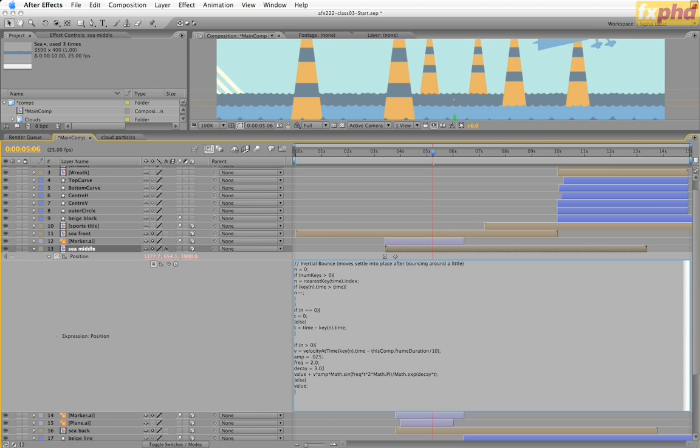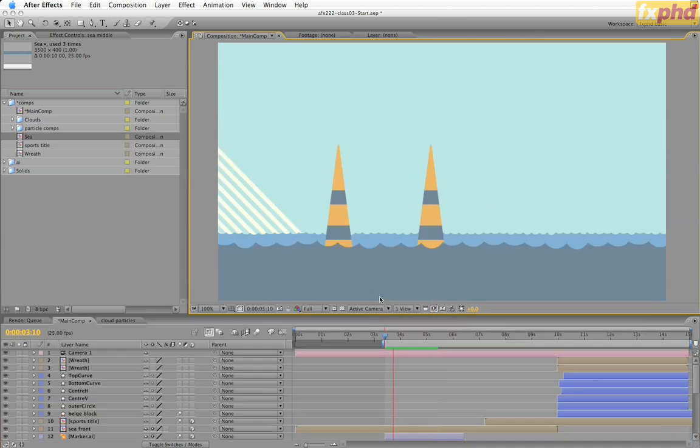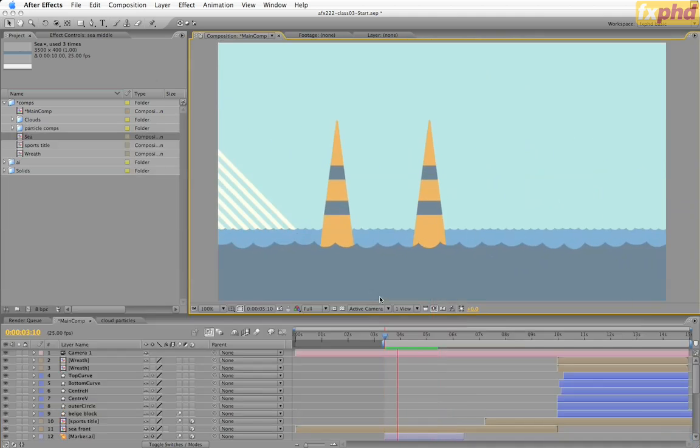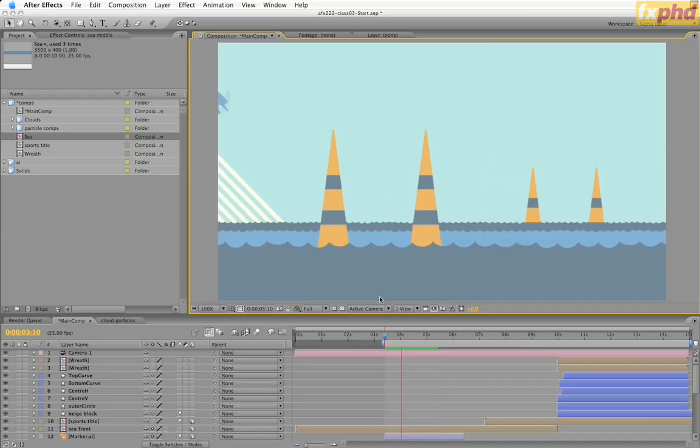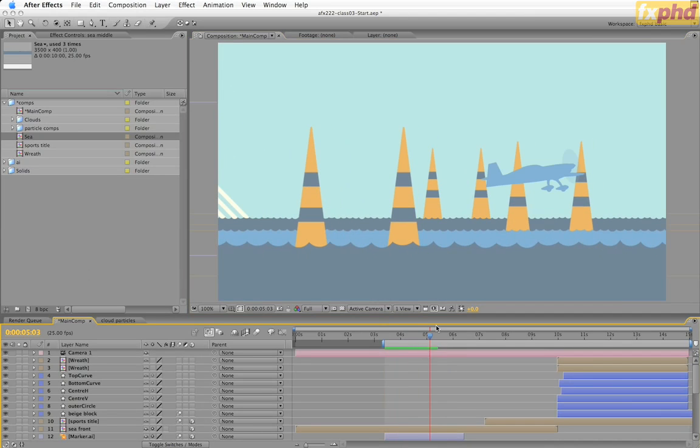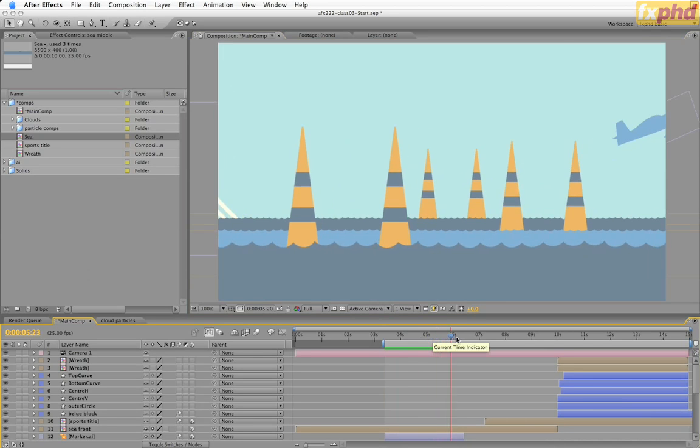So by offsetting the markers and the sea, when they all come up and they bounce, you get a really nice effect. I'll just show you that. I'm not sure if you can see that at the frame rate we're grabbing at, but hopefully you can. You can see they all sort of boing upwards. Works quite well. So then we've got this plane that flies across. The camera then zooms in along Z,